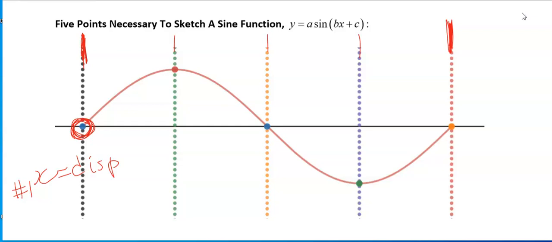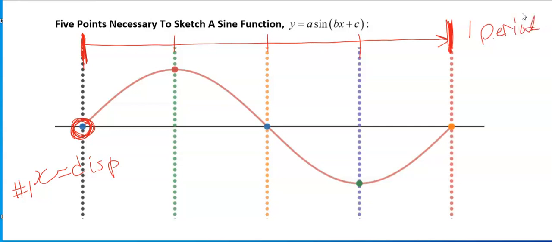The distance from that very first point right down to the very last point, that is 1 period. Whatever the period is, that's what you're going to be graphing. Now read the question carefully, because the question might ask you to graph 2 periods. Well, if they do, we'll put it in there. And if the distance from that first point to that last point is exactly 1 period, and that's what it